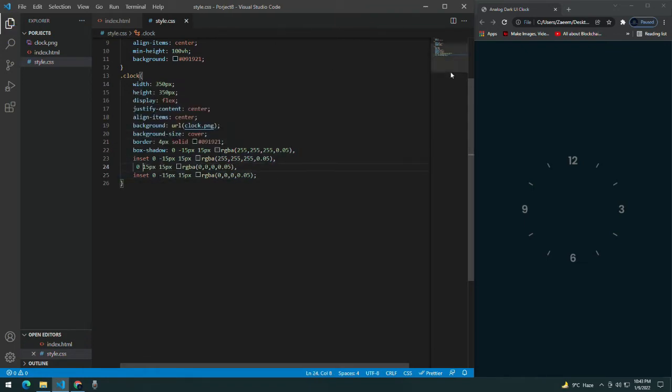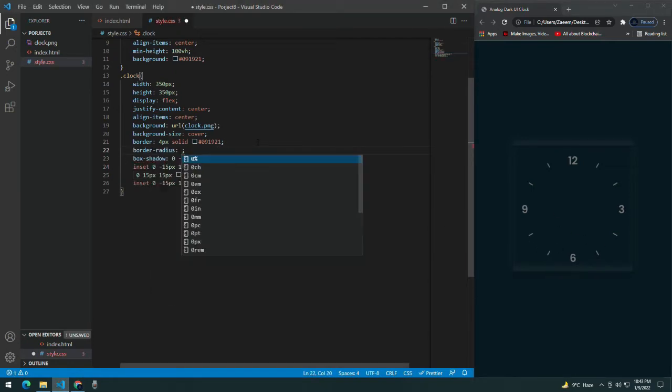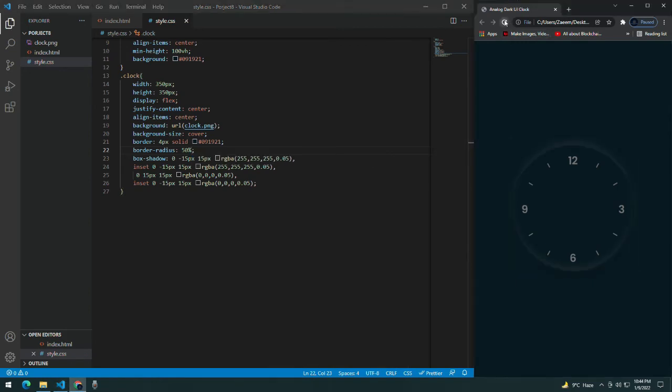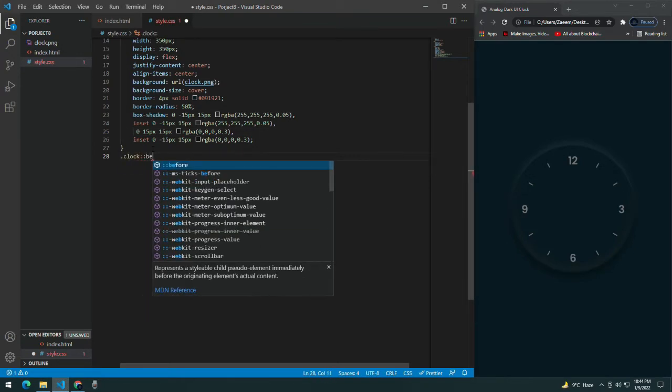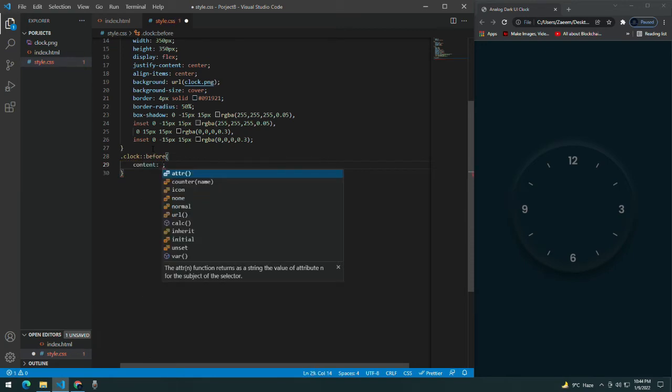Okay, now I remove the minus 15 because I'm basically giving it in all directions. You can see how the border is given on all 4 sides. The top and bottom are similar, and left and right are similar. Now give it a border radius of 50% because I need the watch to be circular. And you can change the opacity, or you can change the values. It's up to you what you want. I will just make it what I have shown. You can see how it is more rounded. Basically the shadow is different, at the bottom instead of the top.